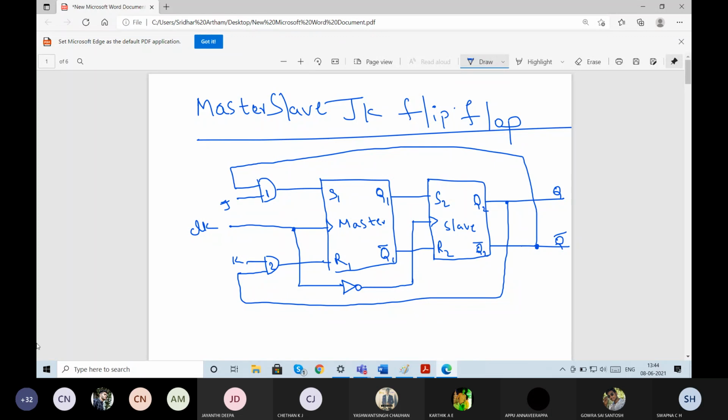So here, this is a master slave flip flop. Again, we need to study its characteristics. Characteristics in the sense of what happens when we give the clock signal, and what the output will be for different values of J, K. All this we need to study. If you observe, S2 and R2 are nothing but the slave inputs. S1 and R1 are nothing but the master inputs.